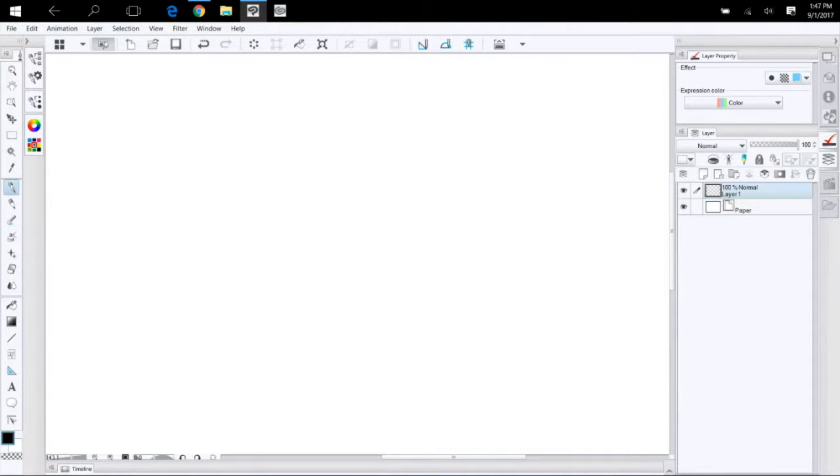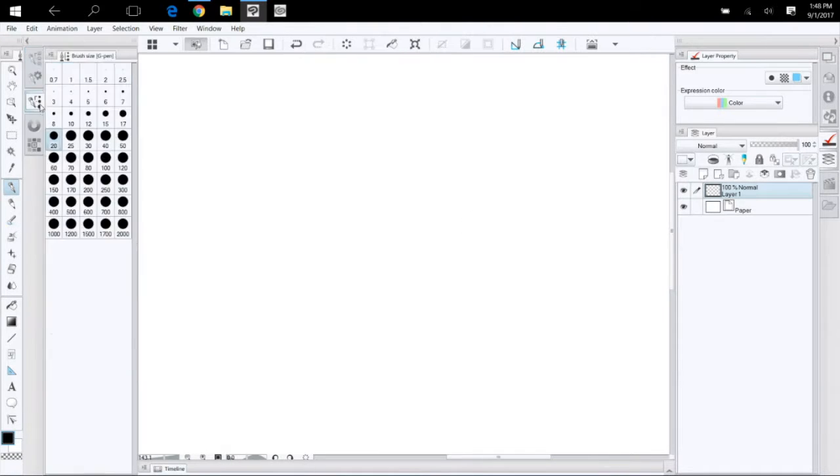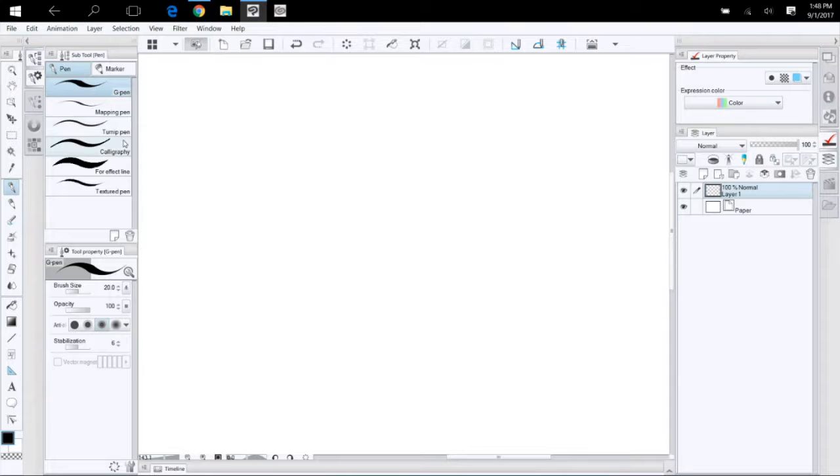So I do a lot of customizing in the Clip Studio Paint interface, mainly because I like the user interface to fit me. I don't want to adapt to a particular layout. I want the layout to adapt to me, and this program is very good at that. So as you can see when you first start it up, we've got these drawers of tools that we can hide,